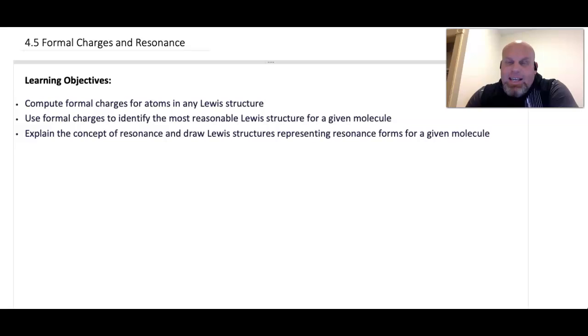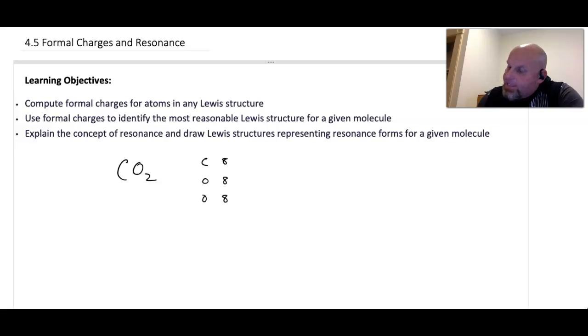Formal charge is a type of hypothetical charge that each atom would have based on the number of valence electrons they brought to the molecular structure and the number of valence electrons they have in the structure. So, for example, if you recall in the last section, I did the Lewis structure for CO2. And when I did it again for the second time at the end of the video using the need minus have concept,